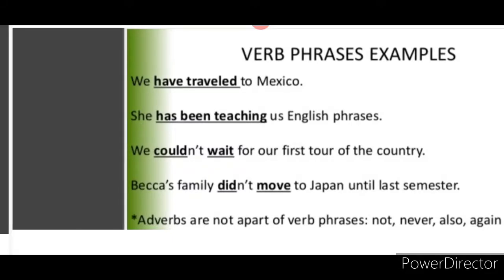So "could" is the auxiliary verb, that is the helping verb. Along with that, "wait" is the verb, not "is" in the negative sentence which is getting interrupted. Okay, children, the other two are also the same. The next one is also the same thing. So I hope you have understood what verb phrases are.